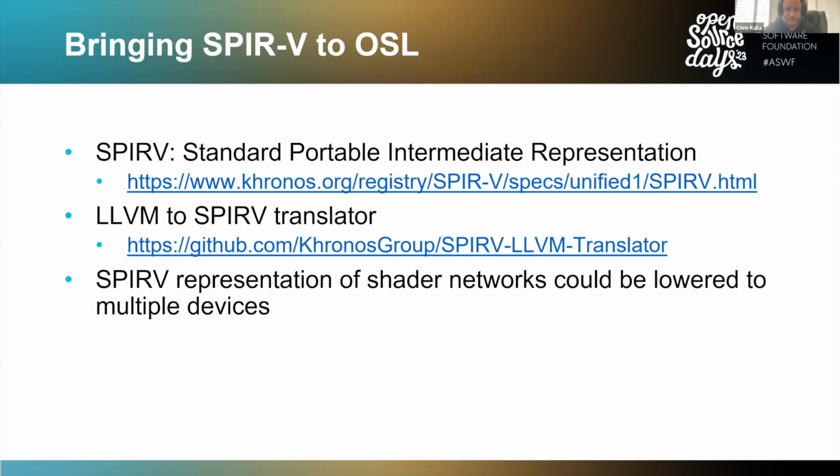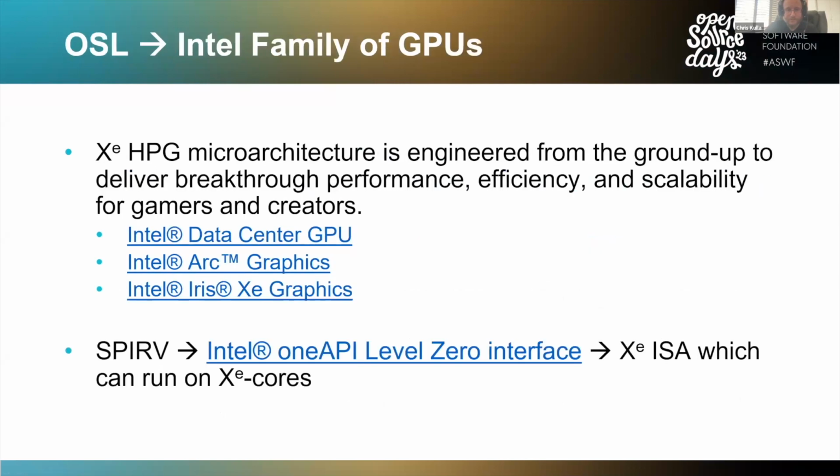Now there exists an LLVM to SPIR-V translator, but part of the trick is getting everything into LLVM to hand off. In our particular case, we're interested in running OSL on the Intel family of GPUs. The Xe high performance graphics microarchitecture is used in several of our products now, our data center GPUs, discrete cards, and integrated graphics. And if we did have some SPIR-V, we could go through the Intel oneAPI Level Zero